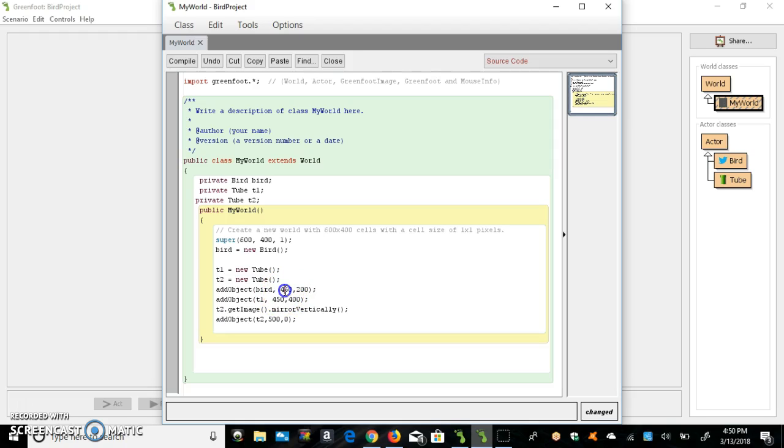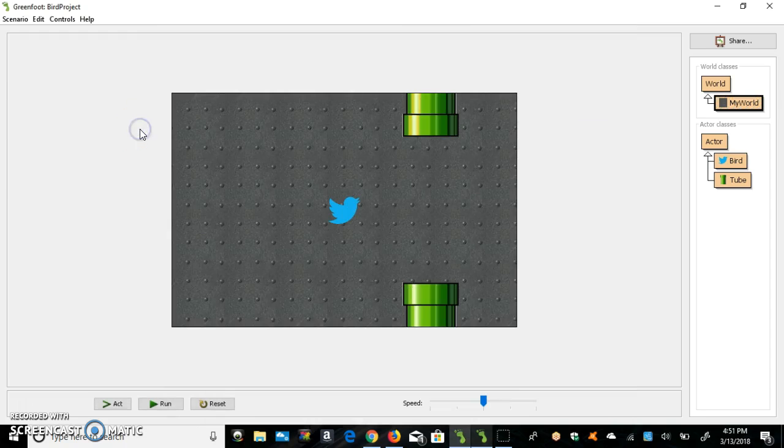Alright, that is 300. That's the bird. T1, 450, 450, and the Y coordinate, yeah, 0 and 400. So now we have our initial board, and what we want to do is first, let's see that we can